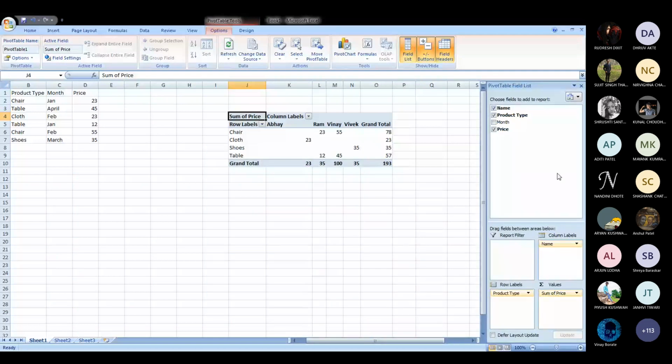This table is created from different sources of data, which can be chosen from the same Excel sheet, a different Excel sheet, a different network, or a different computer altogether. So any question related to pivot table you can ask, otherwise I will move forward.